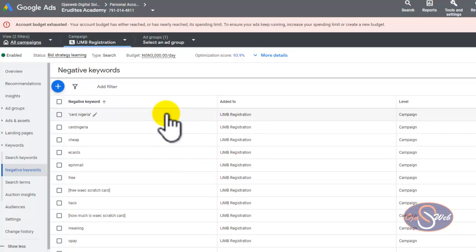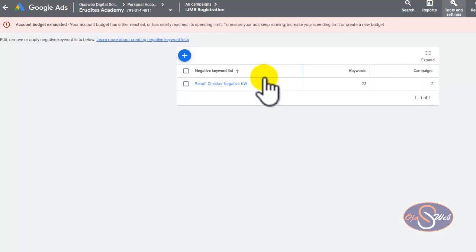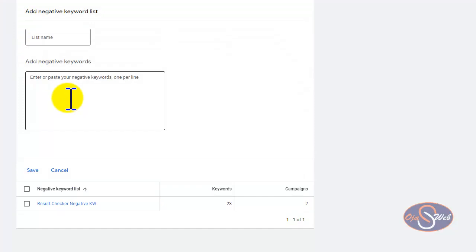But in the situation where you have so many campaigns in your account, it might be quite challenging for you to be adding negative keywords to each of the campaigns all the time. And that is one of the reasons why Google makes it possible for you to add a negative keyword list in your account. So if you want to use the negative keyword list, what you need to do is go straight to the tools and settings from the top menu here, then go straight to the negative keyword list. When you click on the negative keyword list, you will be able to create a negative keyword list, add all the negative keywords in that particular list, and give it a name so you can start applying the list